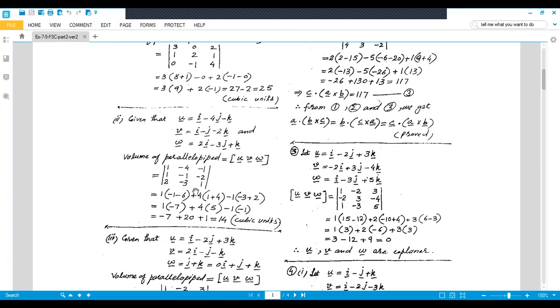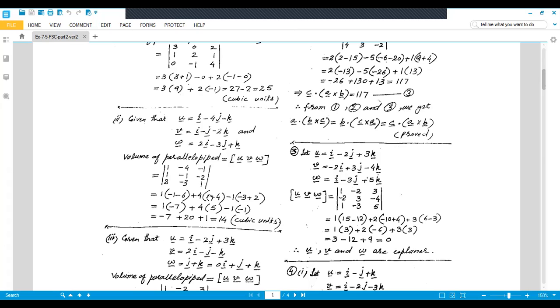So we take the determinant. For the first element, you leave its column and its row. So minus 1 multiplied by 1 is minus 1, and minus, because it is the first diagonal minus the second diagonal, so minus 3 into minus 2 is 6, and then for minus 4, minus minus is plus 4, you leave this column and this row. So 1, 2 and minus 2, 1 you will take.